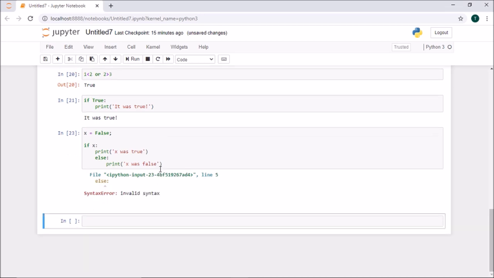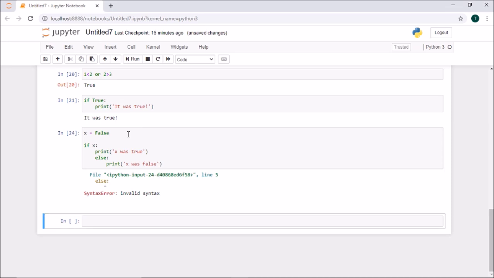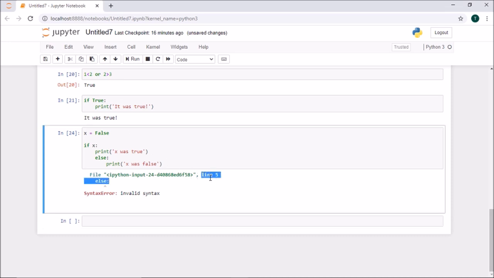If I run that, it gets me an error, right? So let me check it again. So x is false. Why? You can just guess why we have an error here. Even it says here input, we have the line 5 here, 1 2 3 4 5. What is the error here? So I just said, right, it's not in C, it's not in C++ or Java to use semicolons. Okay, if I run this now, even the syntax error. So even just now it's just saying line 5, it's just denoting a line 5 error.